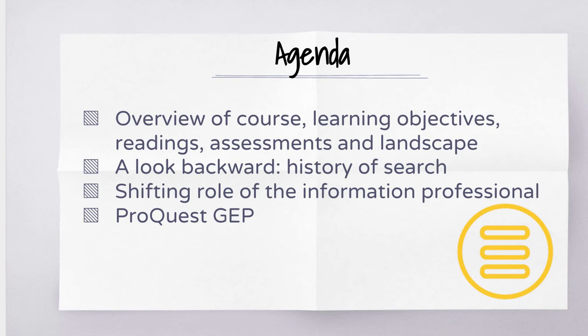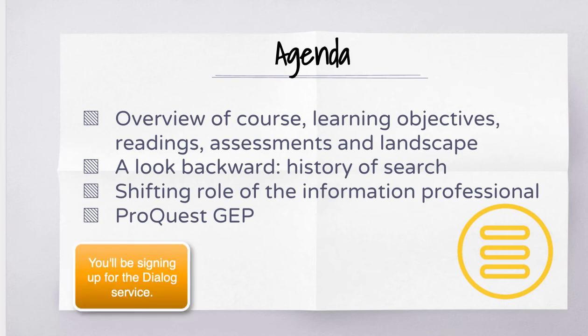This week, what we're going to do is have an overview of our course, looking at the learning objectives, the readings, the assessments, and the landscape itself. We'll look a little bit backwards on the history of search, where we've come from and where we are right now. We'll discuss the shifting role of the information professional, and I'll encourage you to sign up for the ProQuest